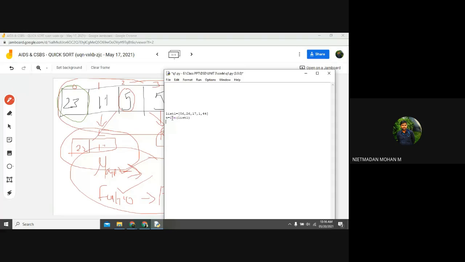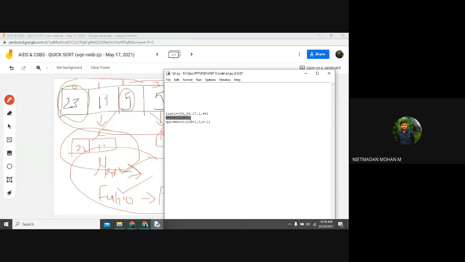And I'm assigning one of the function names, called quicksort, over here, and I'm passing the values. What values do I want to pass? I want to pass the list, as well as the index value 0, and the length of the list minus 1. So this is my argument that I am going to pass.